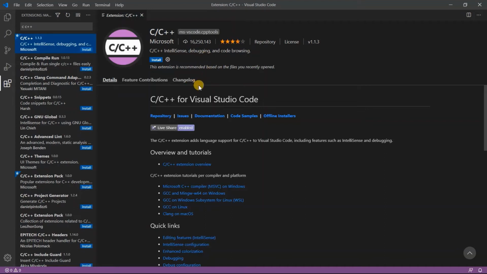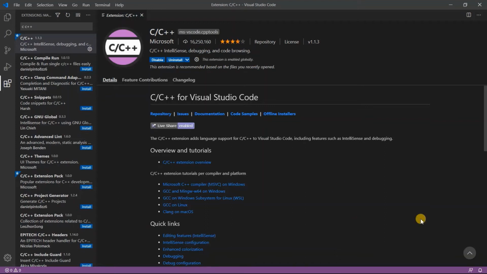Okay, so we will install it, and here you can see on the right side that it is downloading, and we will wait here for a few seconds because after some time it will completely download. The C or C++ extension is completely downloaded and installed, and after that we will install another extension, that